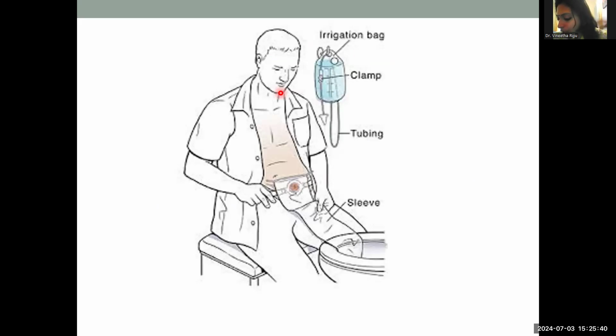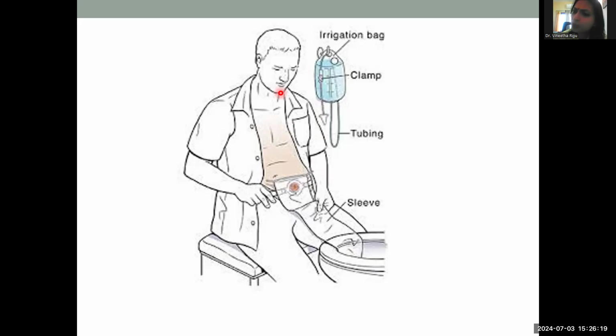Now, before we wind up, I just wanted to also highlight the fact that those patients with bowel obstructions who undergo colostomy have to be counseled about bowel irrigation, because it is so important that they know how to irrigate their bowels and get their bowel evacuations through the colostomy happening in a timely fashion, rather than there always being incontinence, a fear of soiling, a fear of odor, things like that.